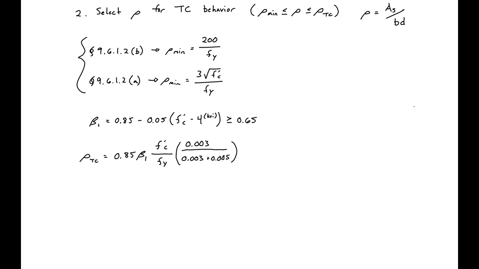So our next step is to select a rho for tension controlled, and we remember that our rho needs to be greater than our rho min found from our ACI code requirements, and less than our rho tension controlled, which we derived before, but using the ACI tension controlled limit of 0.005. So first, using our ACI expressions to find our rho min, we can find our first rho min value to be 200 divided by fy, which we have 60,000 psi. So this will give us